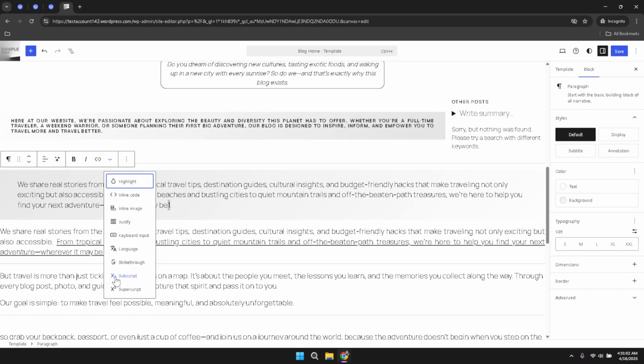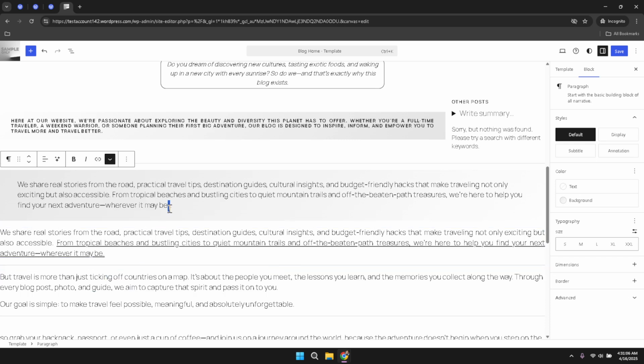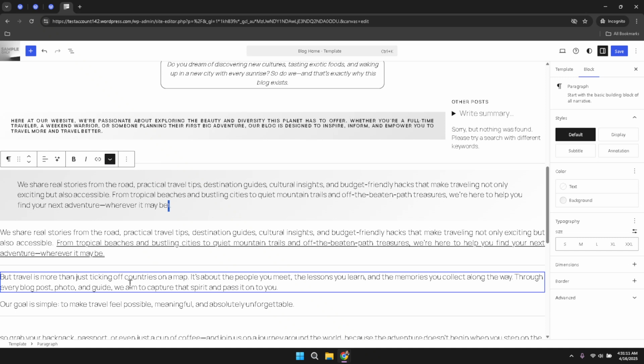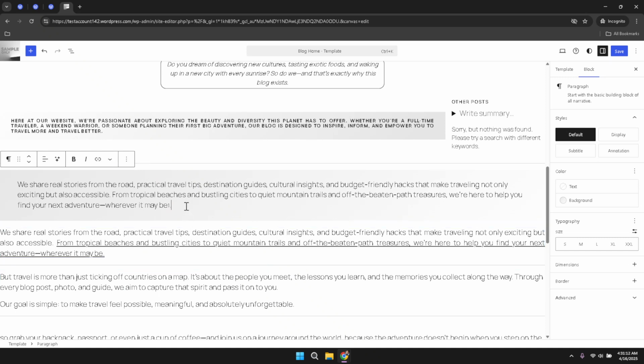formatting you need. If you require subscript text, the selected text will appear slightly lower than the rest of the text, making it ideal for chemical formulas or mathematical expressions. Alternatively, if superscript is what your content calls for, the text will appear raised above the normal line, which is commonly used in footnotes, exponents, or citations. Each of these formatting options is designed to change the visual hierarchy of your text in a clear and professional